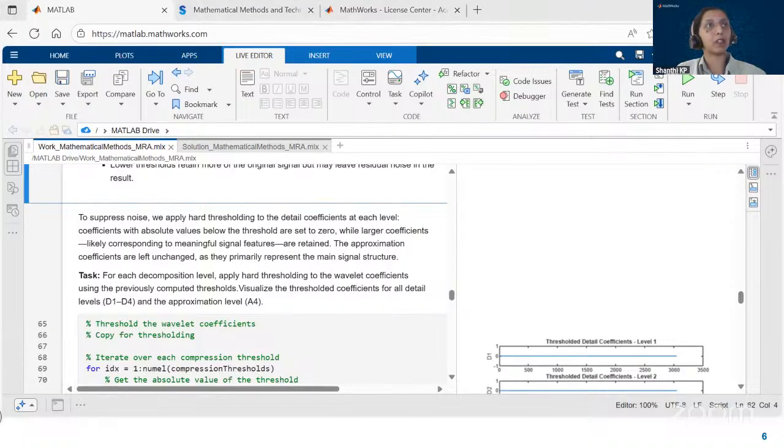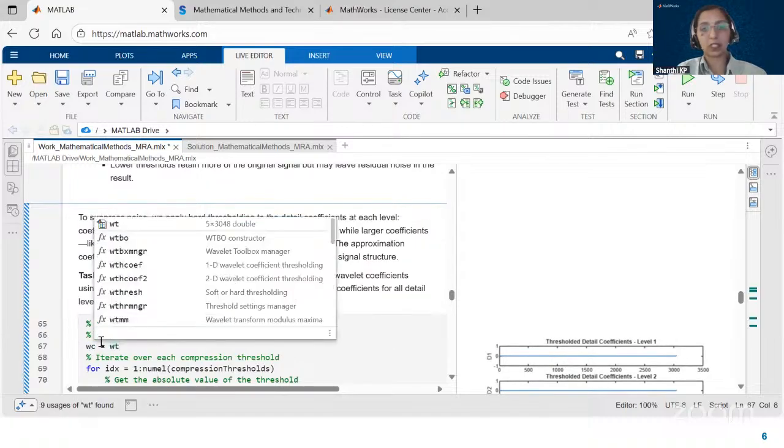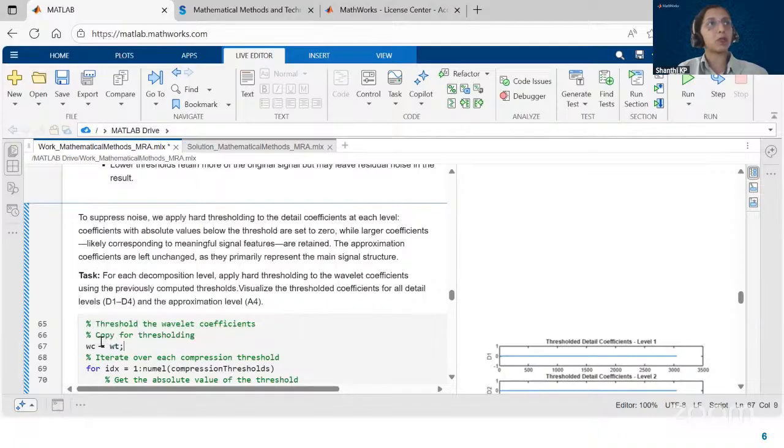to our wavelet coefficients. So for that, we will first create a copy of the wavelet coefficients for thresholding, so that our original wavelet coefficients is not affected. So we will save it to a new variable WC. And this is where we will be applying the